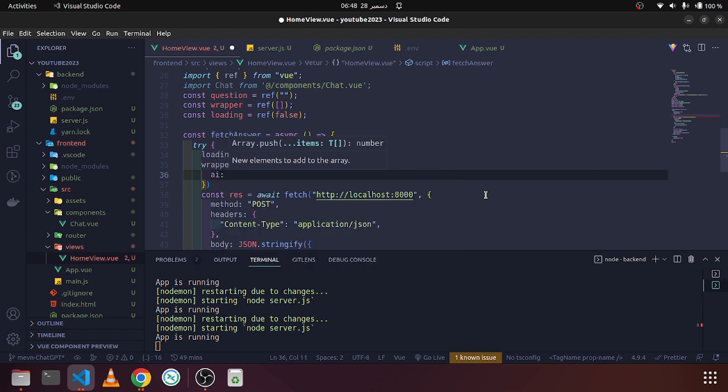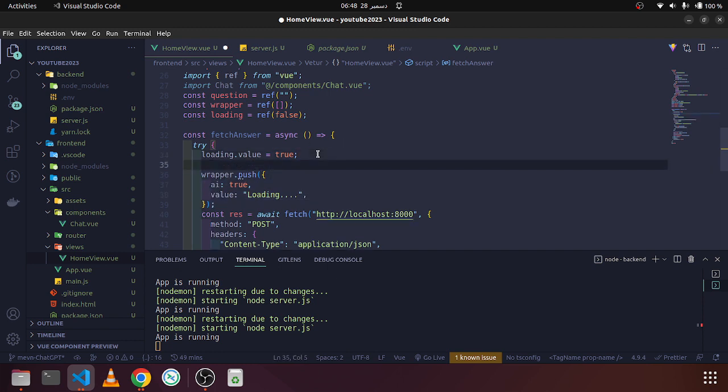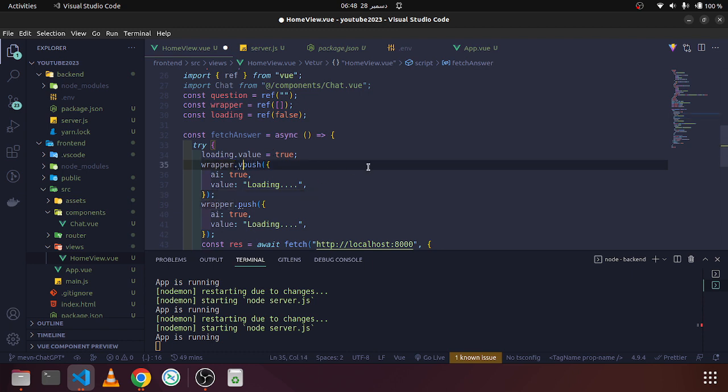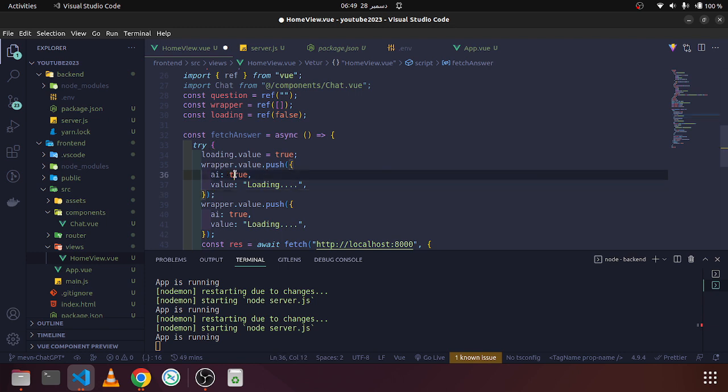Basically I'm saying AI is true, and then value is equal to the loading, this one. And also I should say wrapper.push. Instead of saying that, wrapper.value.push. So let's copy that because it is giving us the error. So .push, and here we have AI should be false, and here value should be